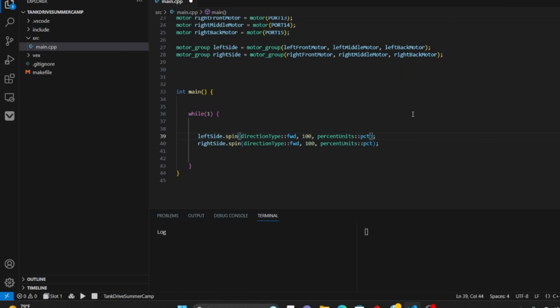So now that we figured out how to spin the motors, or spin the motor groups, at a constant velocity, in this case 100% velocity, we want to figure out how to use the controller, specifically the joysticks on the controller, in order to alter the velocity, or spin the motors at different speeds, based on how you move the joystick. So to do so, we'll begin by taking out this 100, firstly on the left side motor group,